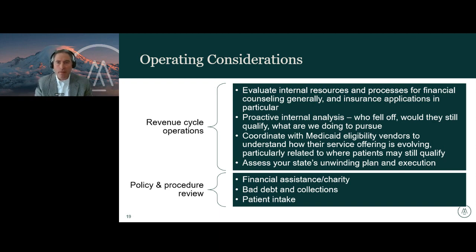So I think there is a lot that providers can do to make the redetermination process smoother for both patients and for the internal teams. It's going to put a lot of demands on patient access staff, particularly financial counseling. We'll have patients who have recently lost coverage, and they're coming in for service. And it's been over 3 years since these continuous enrollment requirements were put in place. With staff turnover, a lot of the patient access staff who are in place today may not have even been in their roles before these pandemic changes happened. So training will just be absolutely essential as a starting point.